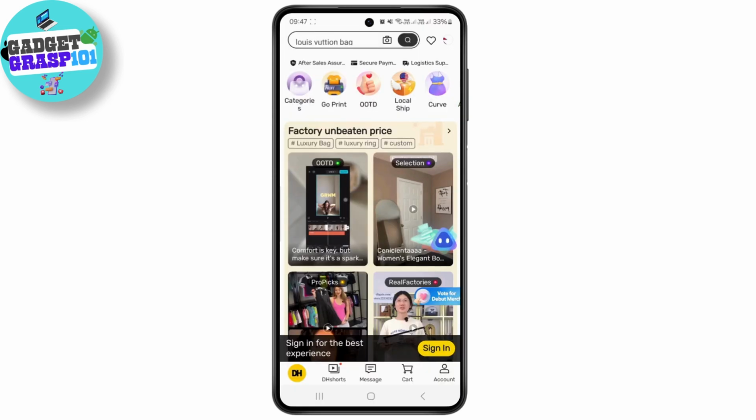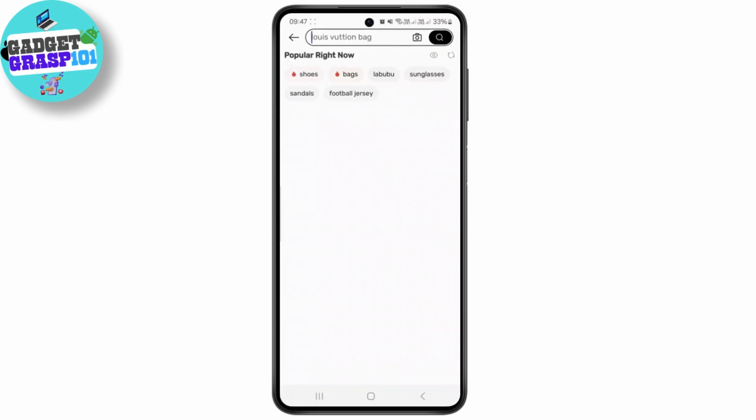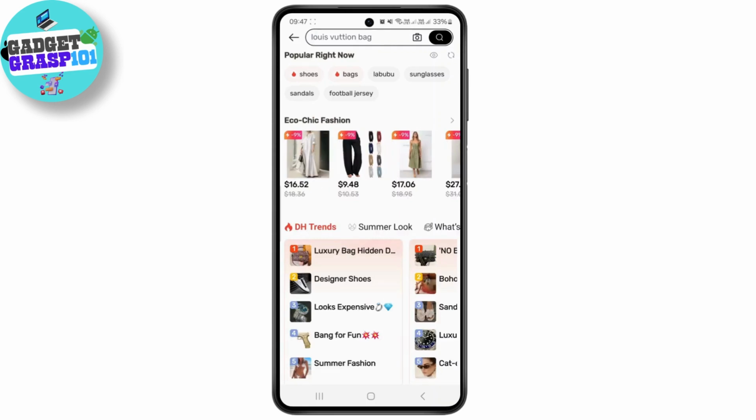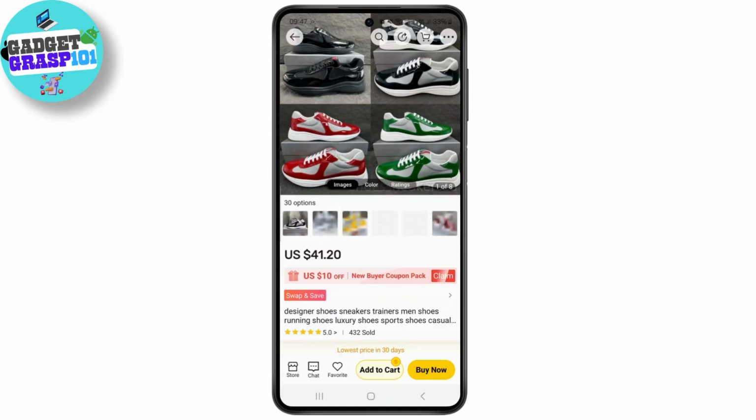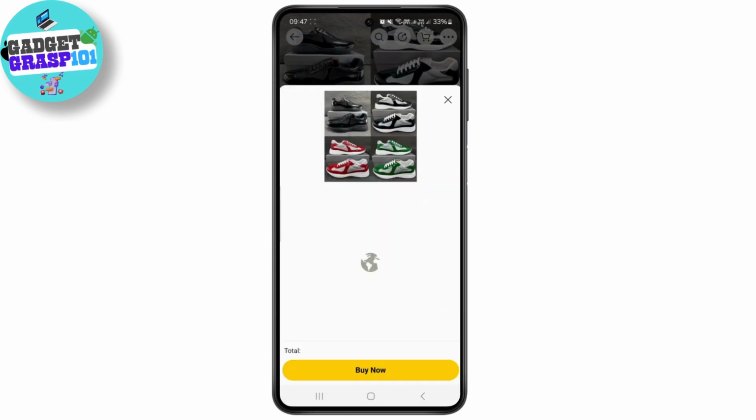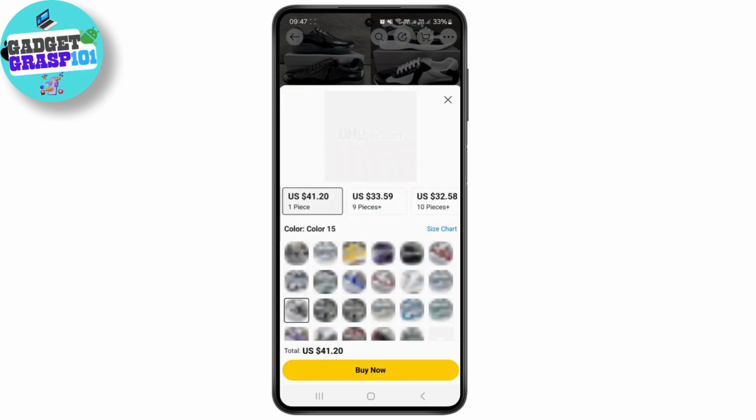So first, just open up your DHgate application and you can search for anything, any product which you want to buy. So I'll simply select this shoes over here, and you can also add to cart to buy it later. For now I'll simply tap on this buy now button over here and just click on buy now,